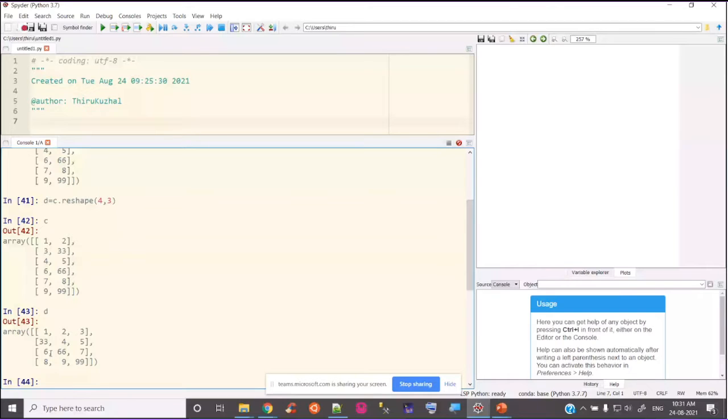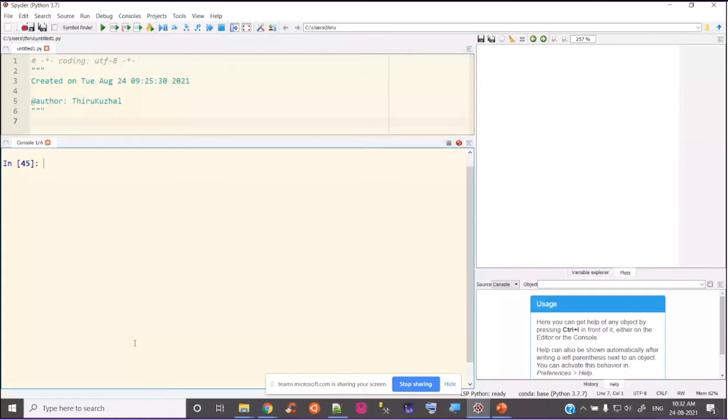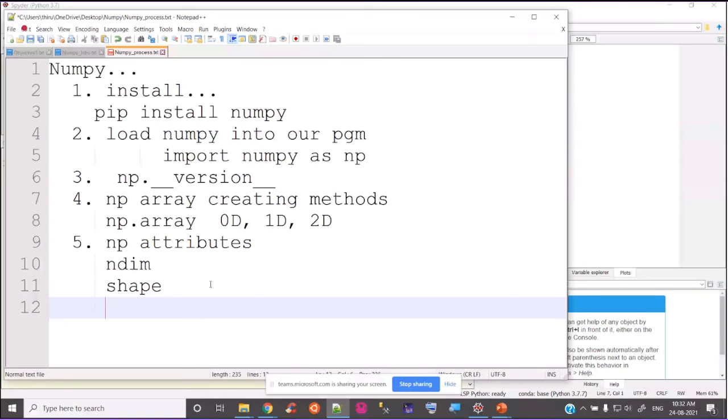The similar thing we can create with the help of the matrix method also. Another method is the matrix method. So how are we going to work with that?